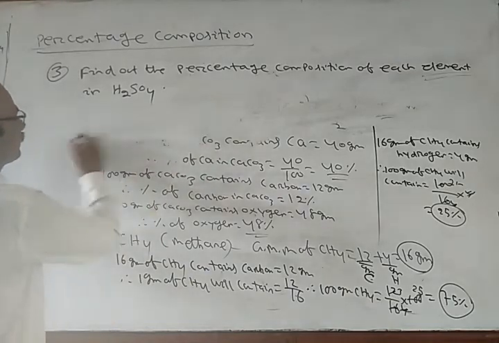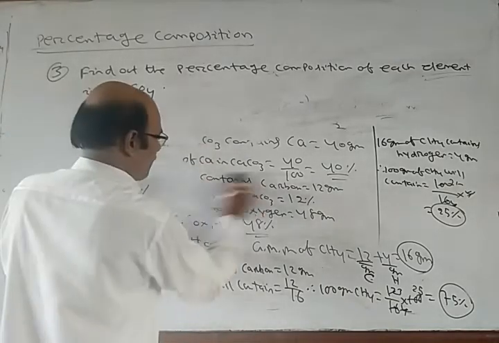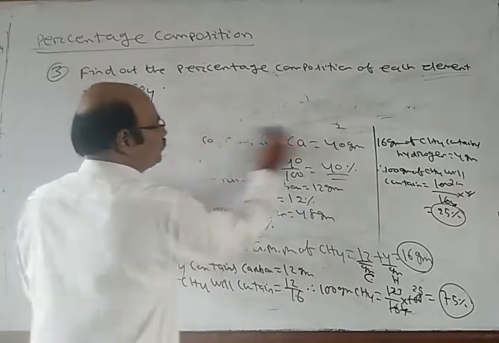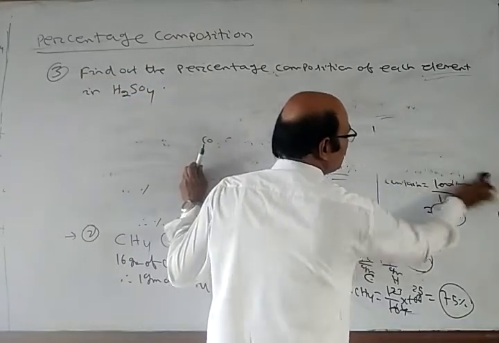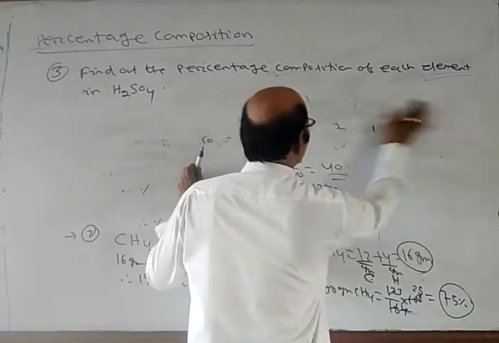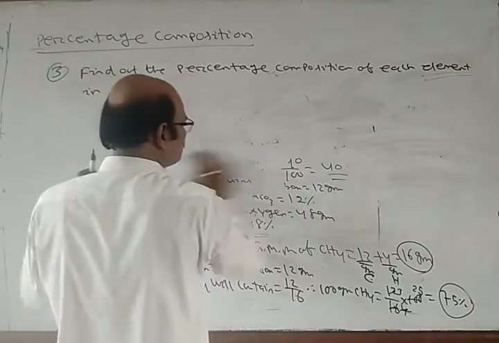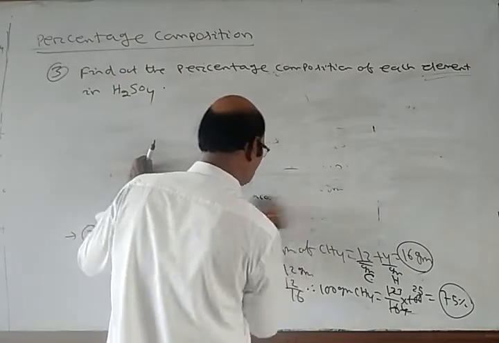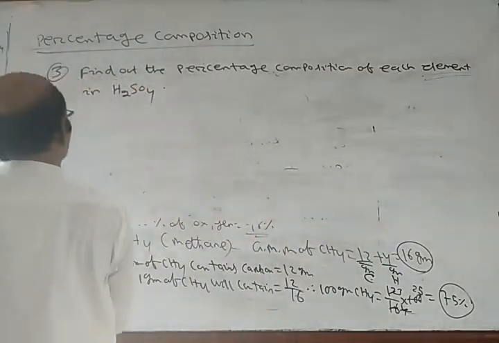Okay. So, how do we find out the percentage composition of hydrogen, sulfur and oxygen in sulfuric acid? Here see,